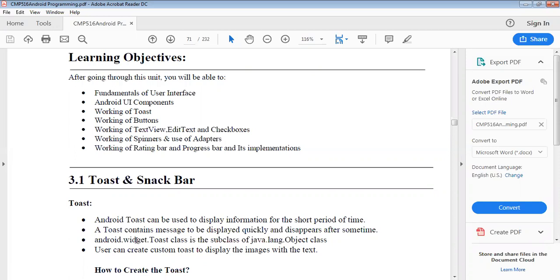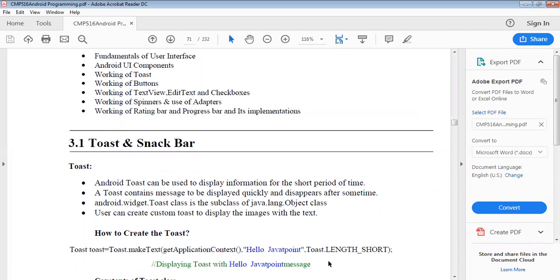Means the Android toast class is the subclass of java.lang.Object class. Here we can see the user can create custom toast to display the image with the text.